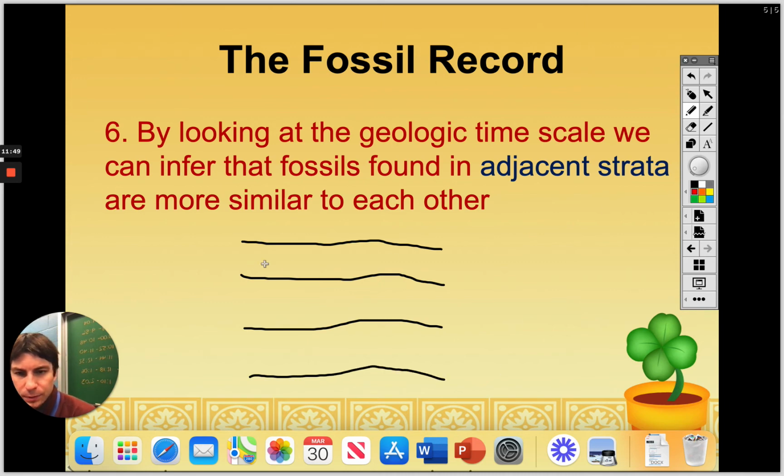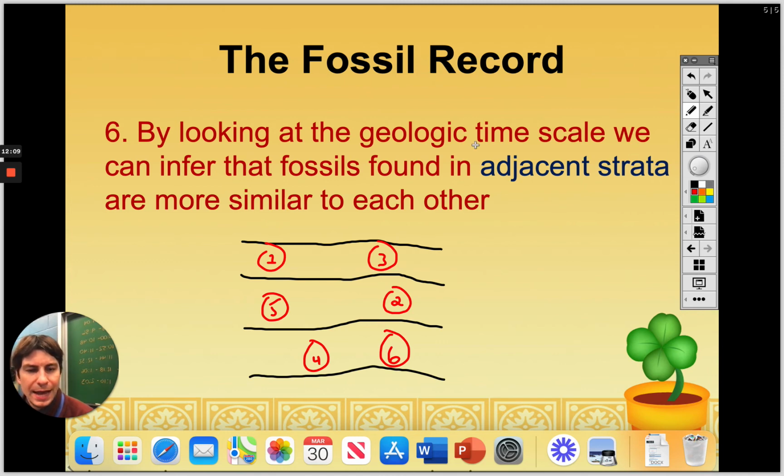And I'm just going to write some numbers here. We're going to say this is fossil 1, and this is fossil 2. We'll say this is 3, this is 4, 5, I don't know, 6. Okay. So what this says is